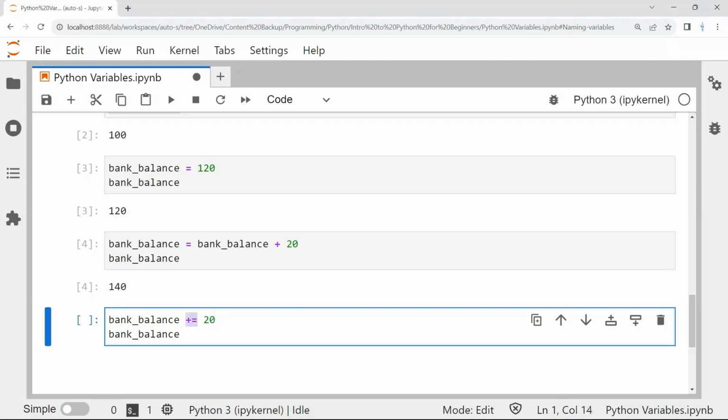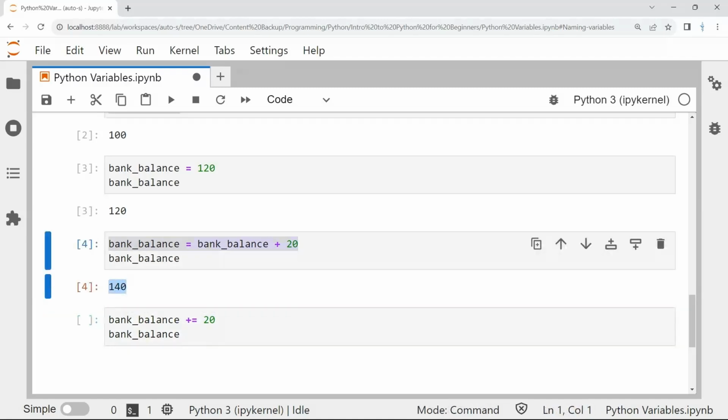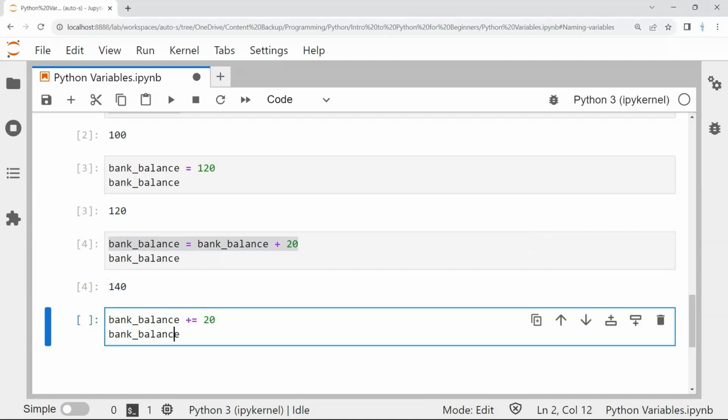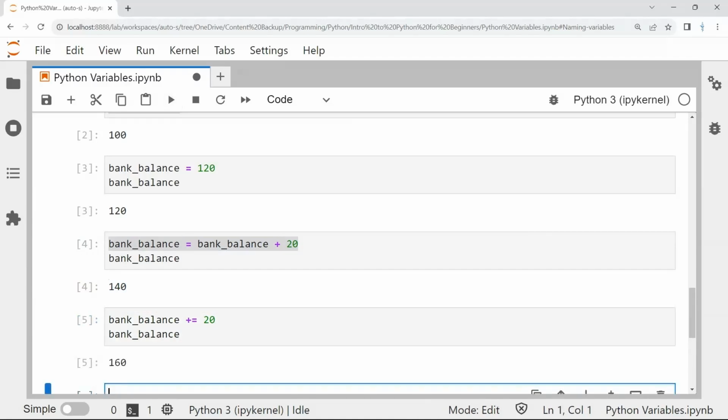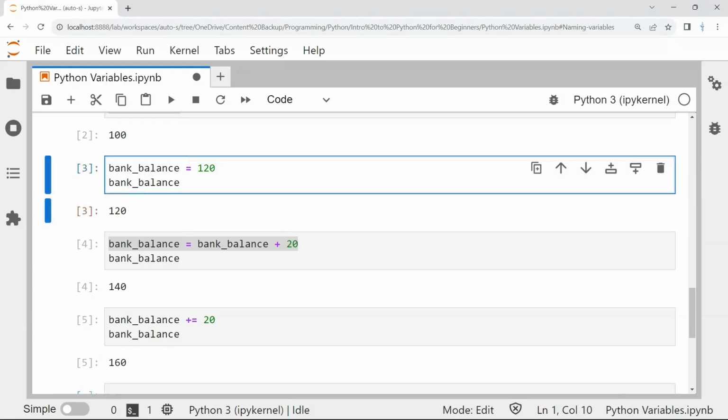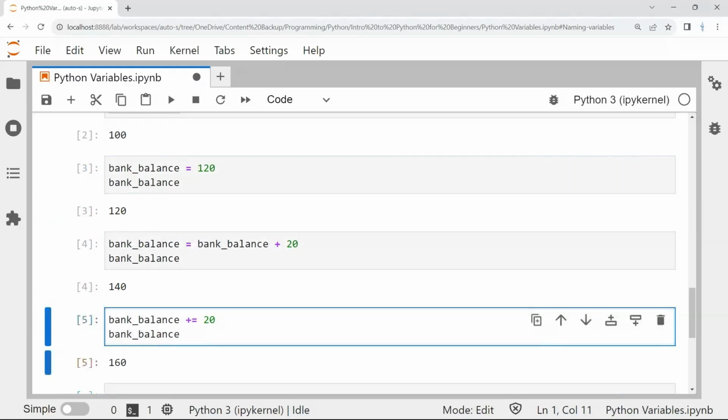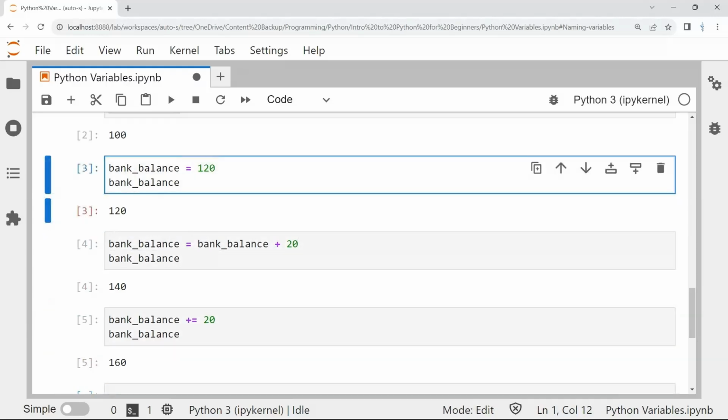This plus equal is telling the computer to first add the 20 to bank_balance and then assign it to bank_balance. It's the same thing that we did up here, but it's the short form and I really like it. So bank_balance right now is 140. Let's run it and it should be 160. There you go, 160. So these are the three ways that you can update or change your variables.